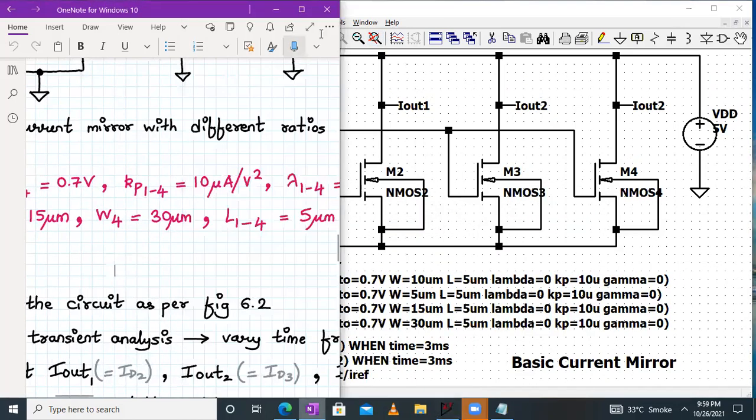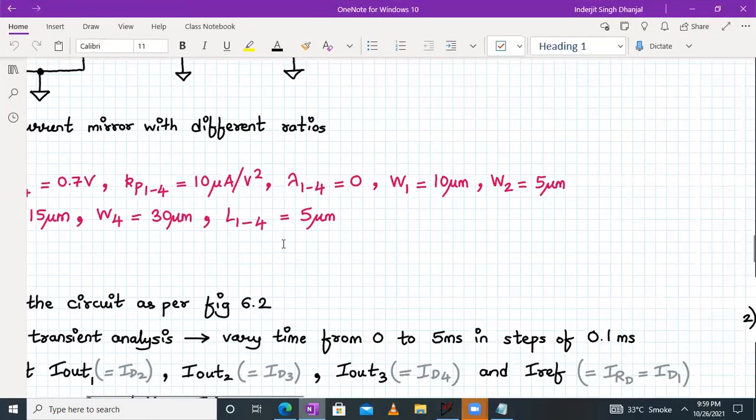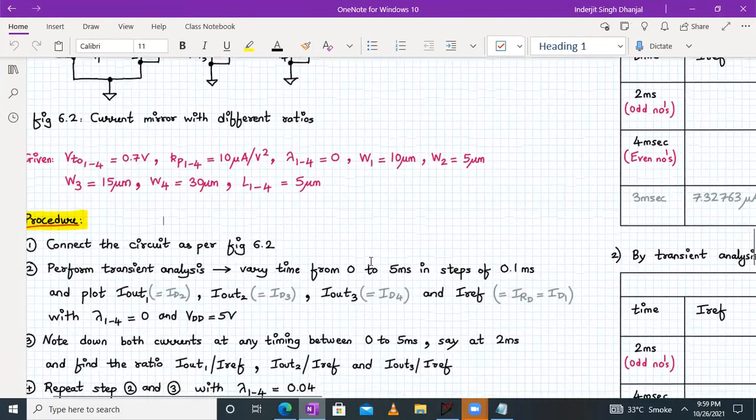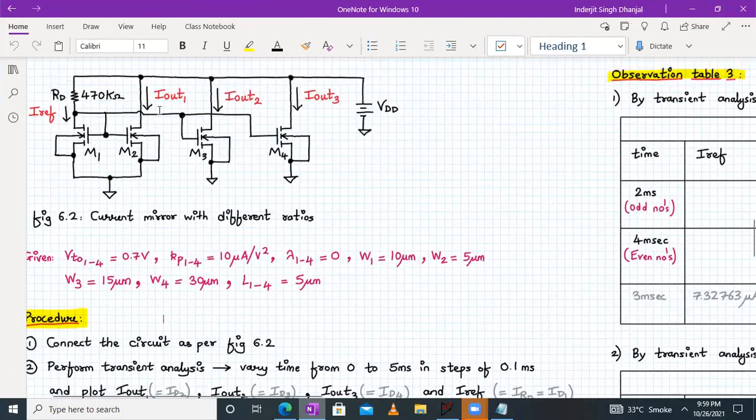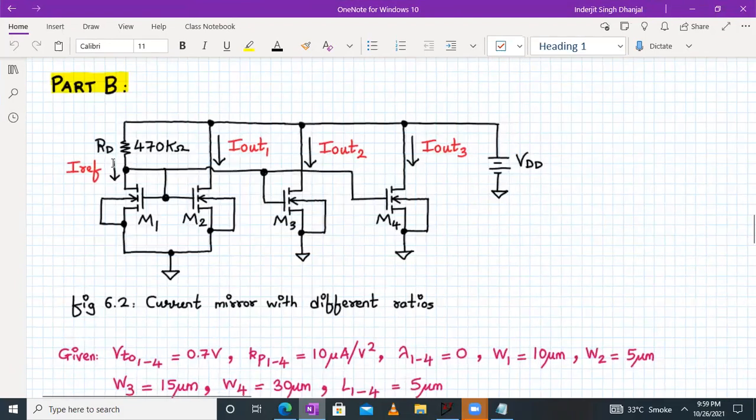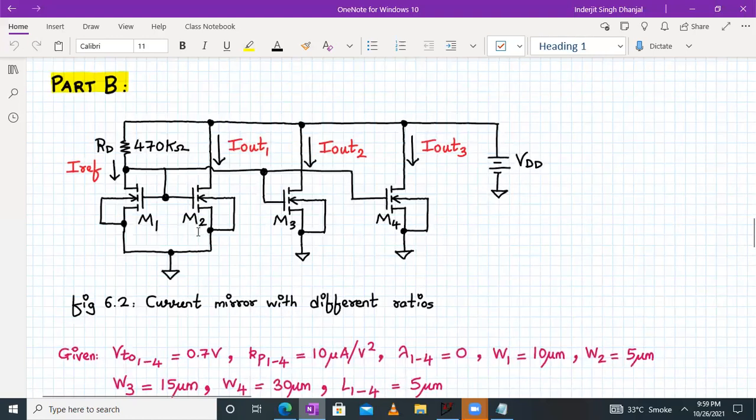Fine. So let us check the observation table, what needs to be done over here. So we need to find the ratios of I out 1 divided by I reference. That's one current mirror. So from one reference source, we are generating I out 1, I out 2, and I out 3 with the help of M2, M3, and M4 transistors. Okay. Now we need to calculate the ratio.